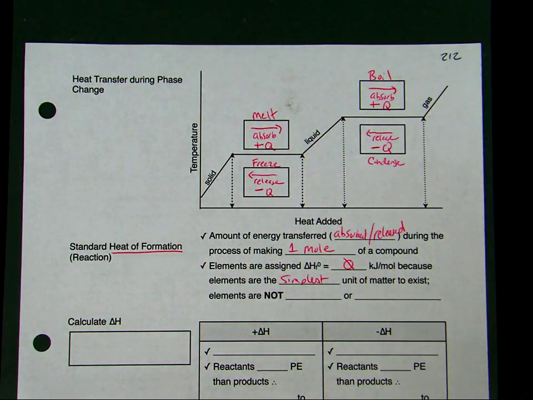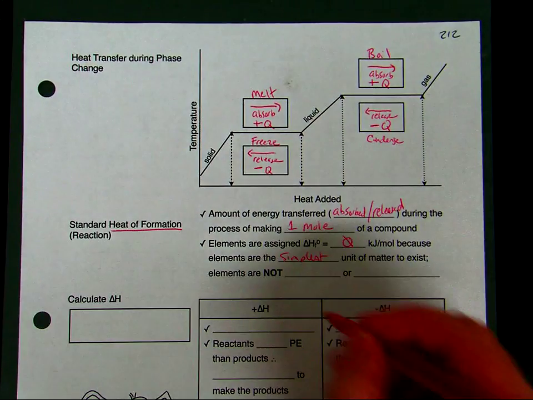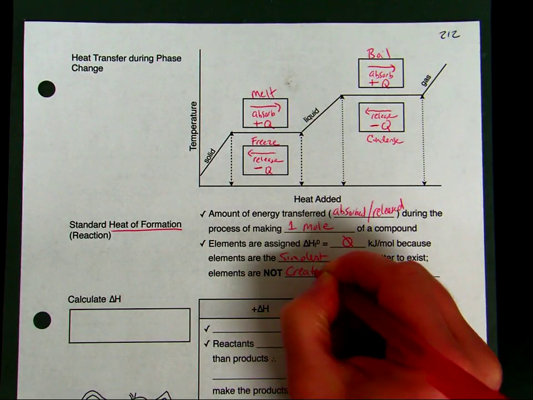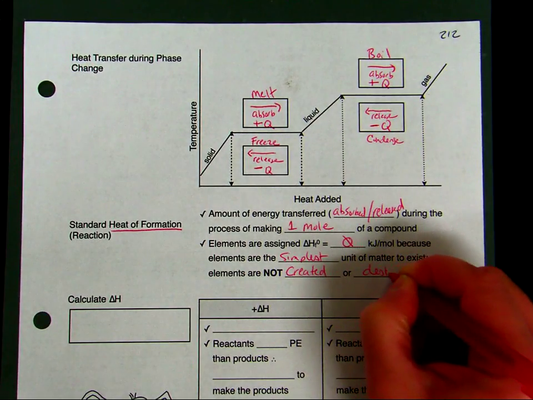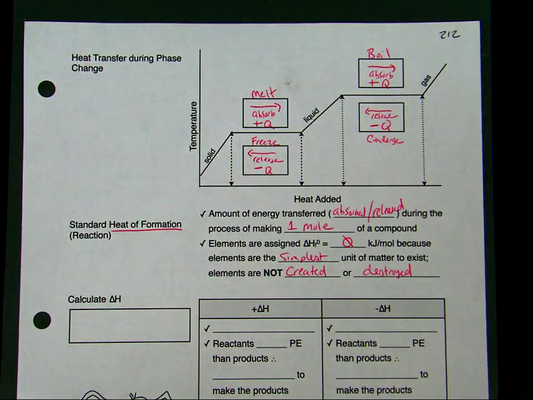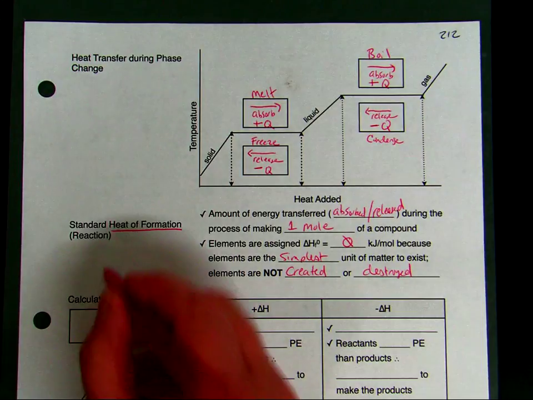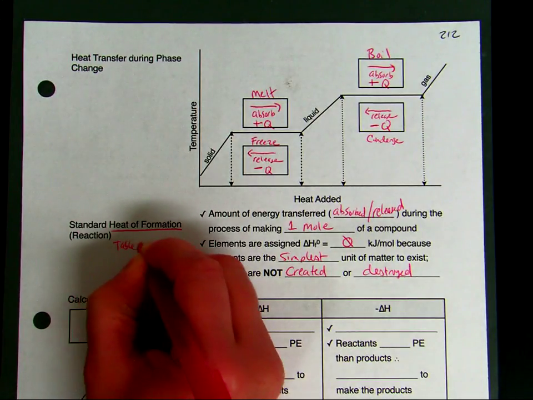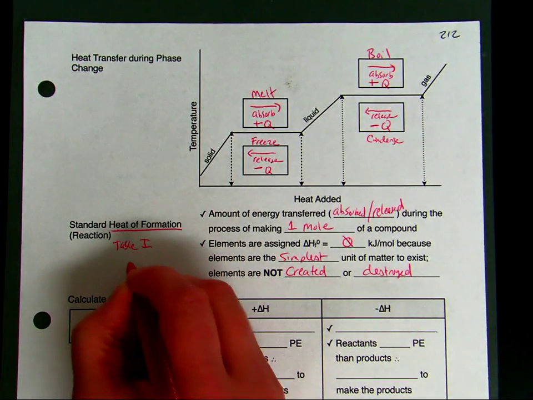So for us here on Earth, elements are not created or destroyed. They already exist, they're there to use, so we're not forming them, so they are assigned a value of 0. So heat of formation, okay, I want you to think about your table I, and this would be